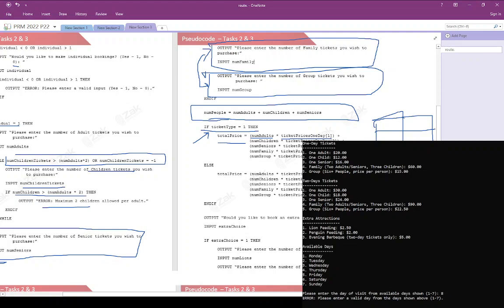The type of ticket and the prices, and basically every single index in every array corresponds to the same item. So if the first index corresponded to the adult item, the second index corresponded to the children, third index to the seniors, and so forth and so on. So we say that for ticket type equals 1, the total price is updated as number of adults multiplied by